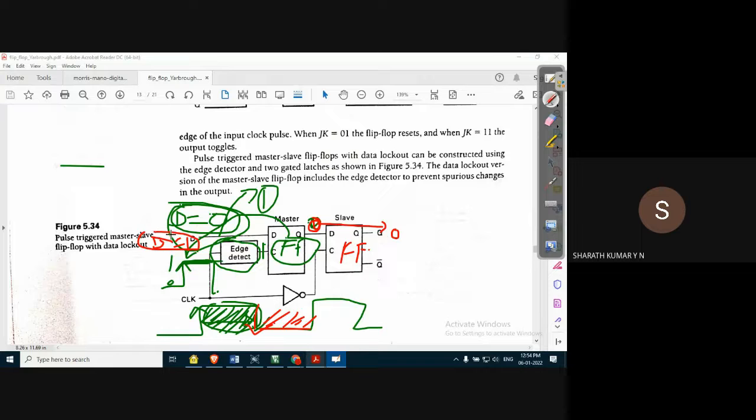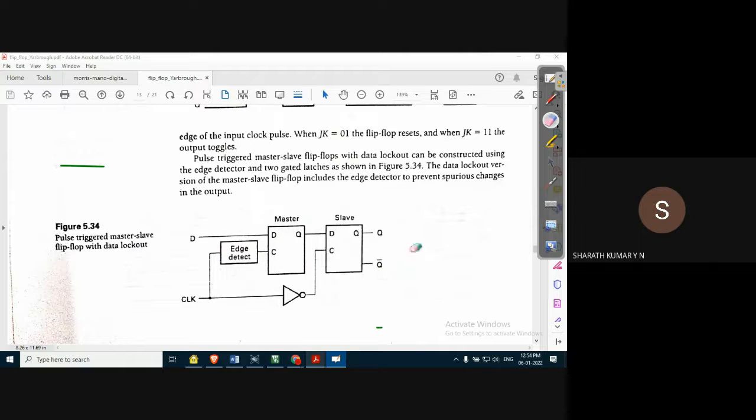Input D may propagate to the output of the master, but it will not propagate to the output of the slave, because the slave flip-flop is sensitive only to the transition, only to the edge, not to the level or the pulse. Thereby, edge triggered flip-flops have the advantage of overcoming noises or disturbances in the circuit, because they're sensitive only to the edges, not to the levels. So that's the point in case of edge triggered flip-flops.